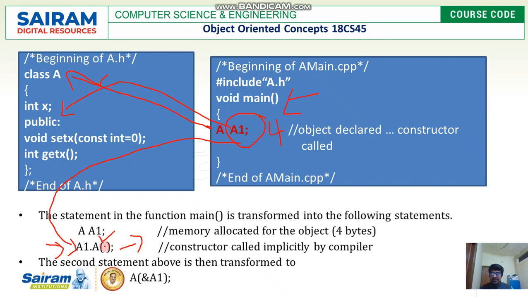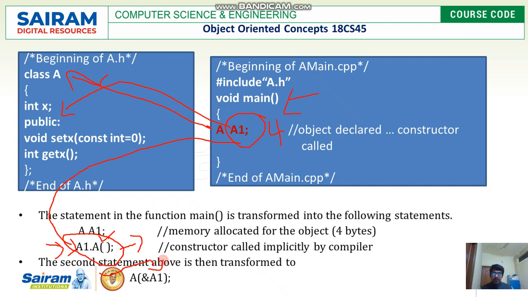Now the second statement is getting transformed into a reference format. This is what happens beyond our knowledge, in the background.